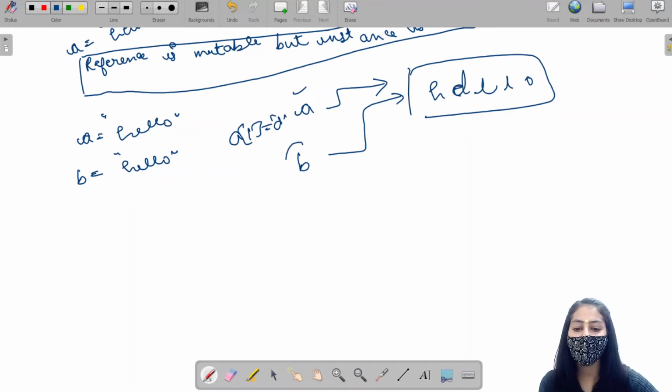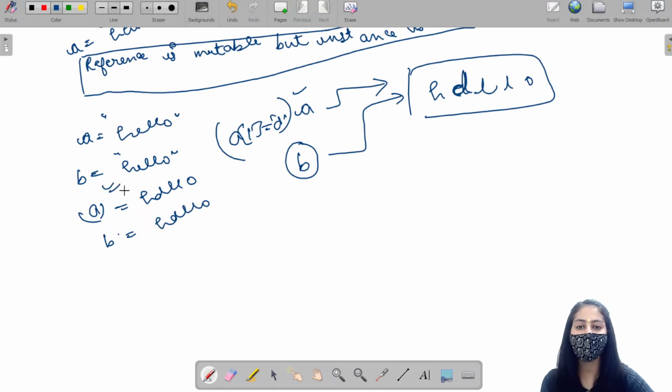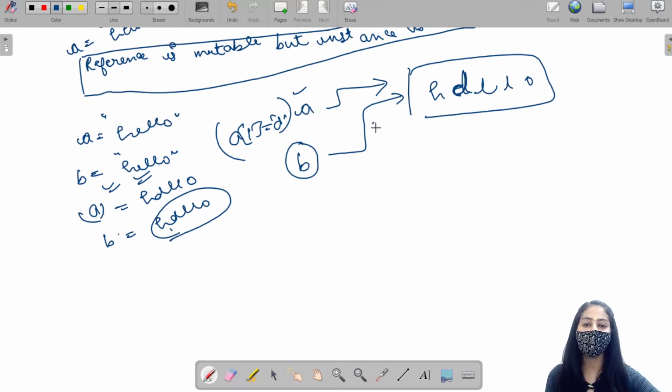I didn't change B, but because of string interning, B is also changed. If I access A, it gives me this; if I access B, it gives me this too, but I didn't change B. My B is hello, but B has also changed. To avoid this, the instances of strings are immutable in Python. So because of string interning, strings are immutable in Python.